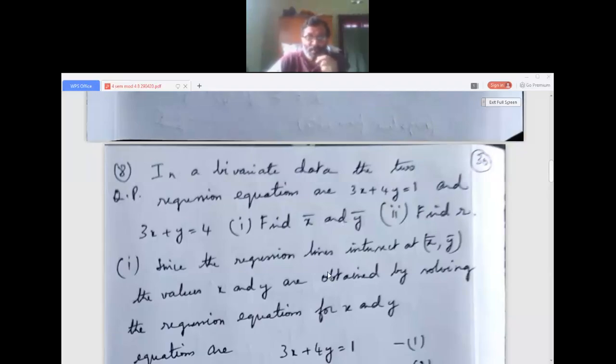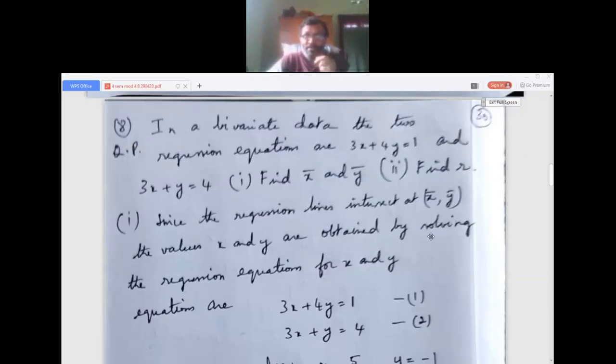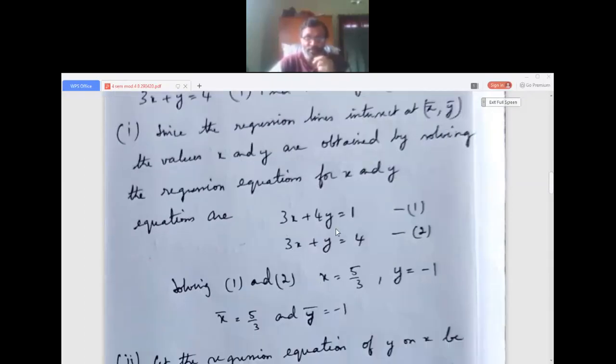Okay. So what does it mean? The point of intersection means we have to solve the two equations. So we take the two equations in this form: x term, y term, constant one side, x term, y term, constant one side, and then we solve it. Now solving, you already solved many simultaneous equations in lower classes also, adding, subtracting, multiplying, dividing, etc.